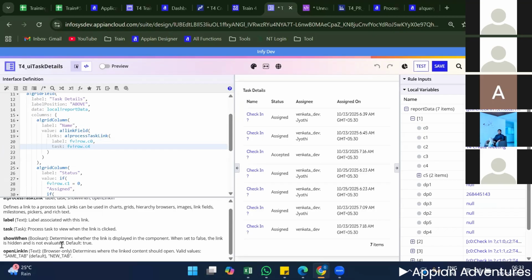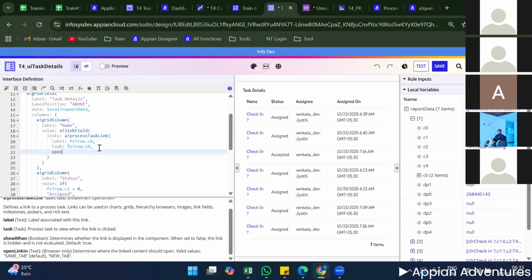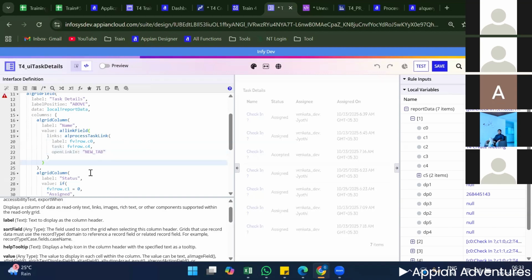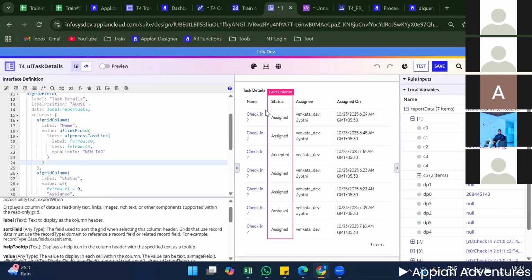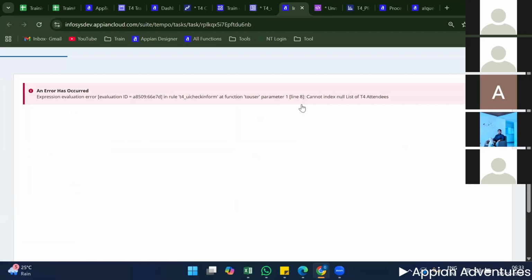Other than that, I want to open the link in a new tab, guys. So I'm adding it here, open link in new tab. Now we added the link here. So it will navigate you to a different page. In the different page,